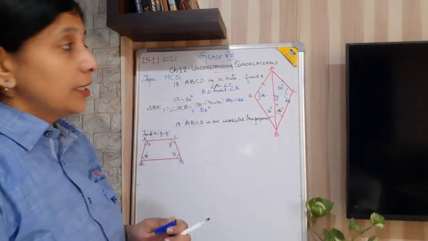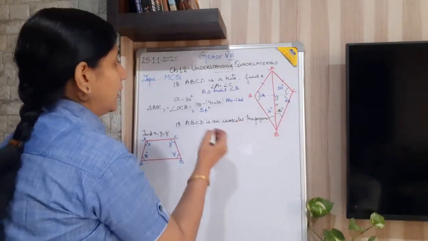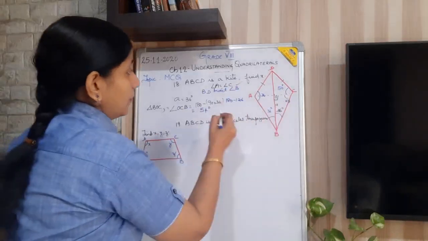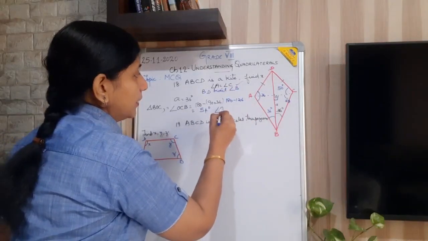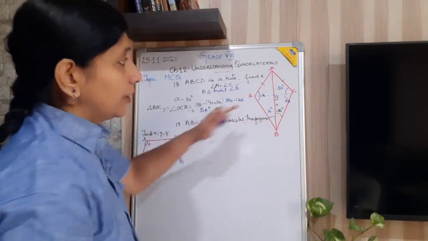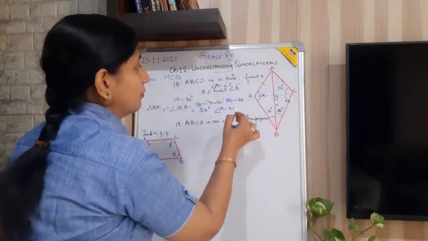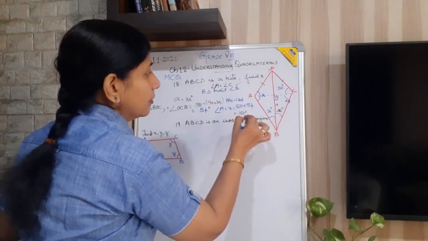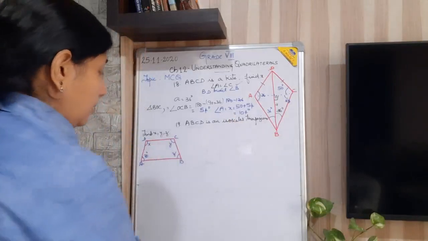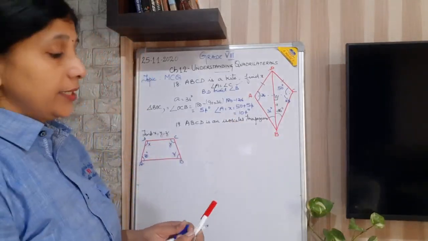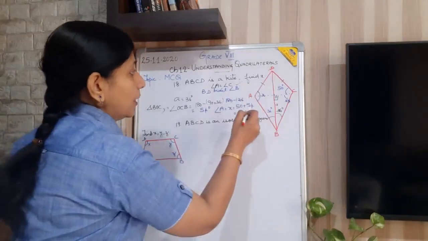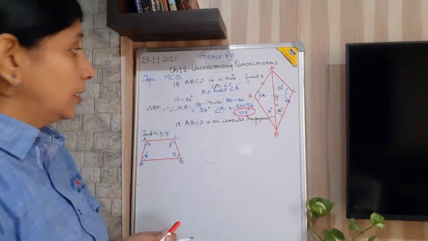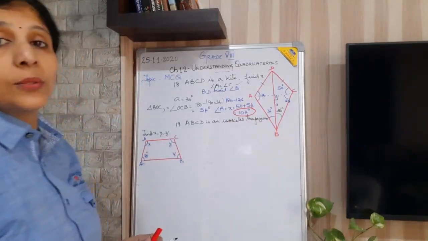Now what about x? I told you angle A is equal to angle C here. So angle A, that is x, equals angle C, which is the sum of these two: 50 plus 54, that is 104 degrees. Okay, that is the properties of a kite. Angle A is equal to angle C, these two sides are equal, and one of the diagonals bisects the angle.